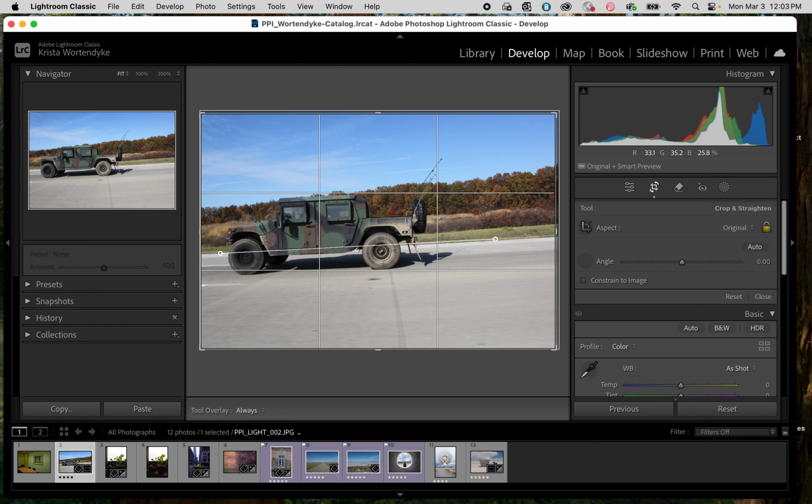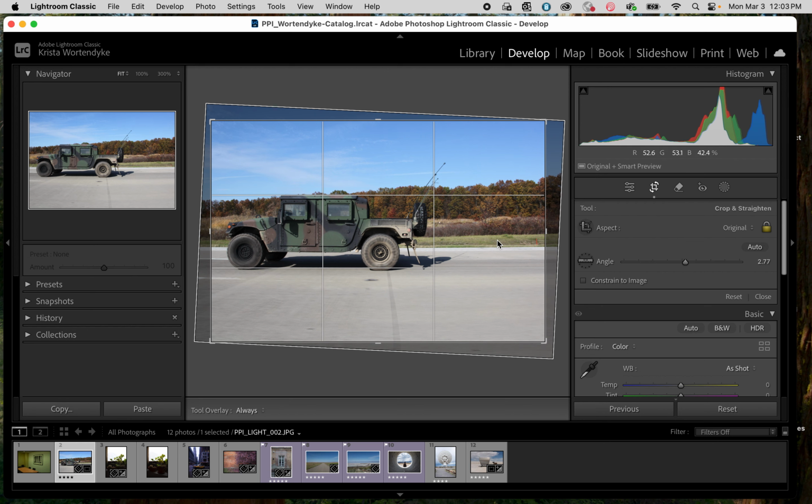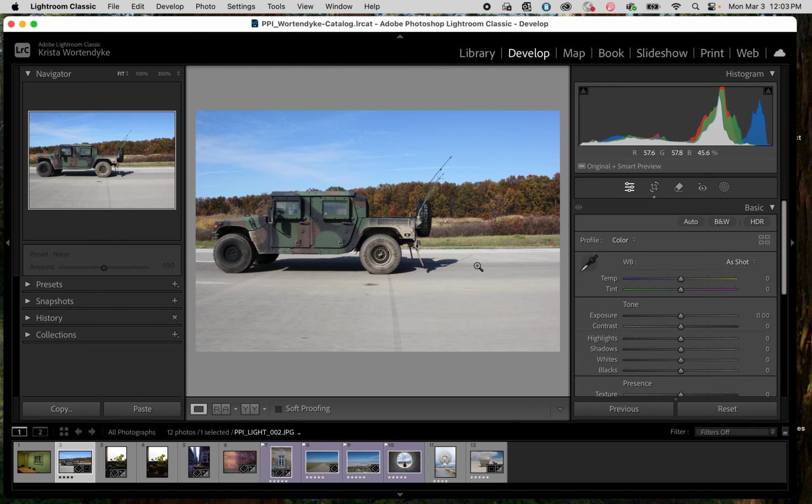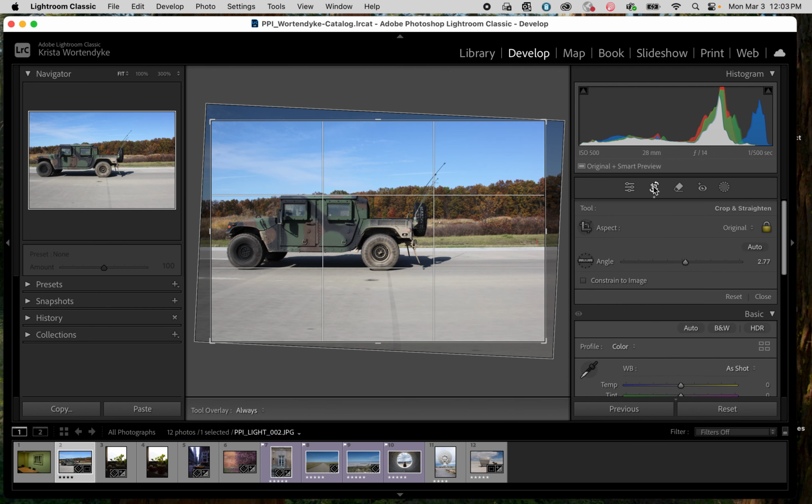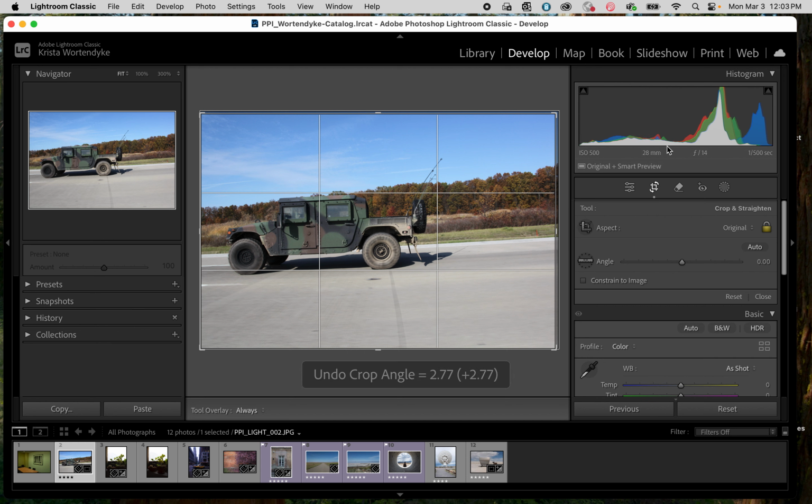So I'm following the edge of the grass here on the side of the road, and I go right along that line, and when I let go, it straightens that line. And I can press return, and now I have a straight line in the background here. My second option, I'm going to Command Z that. My second option here is to use this